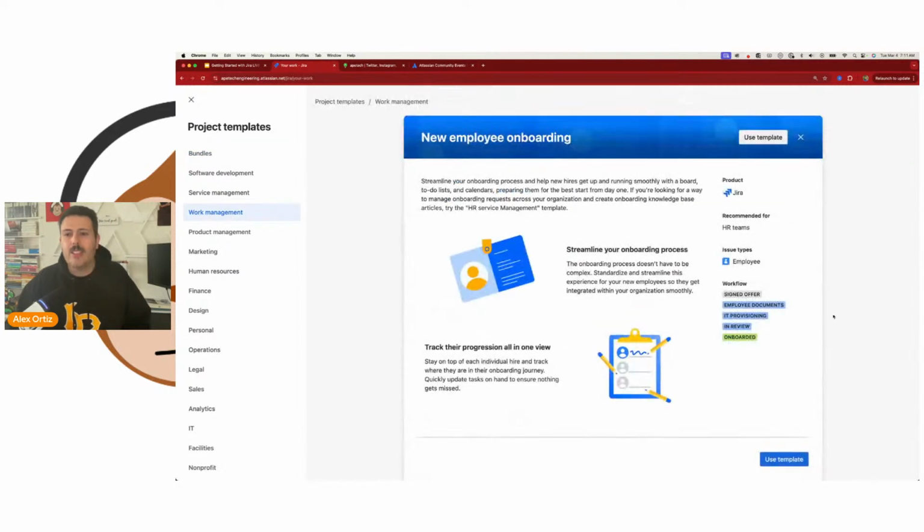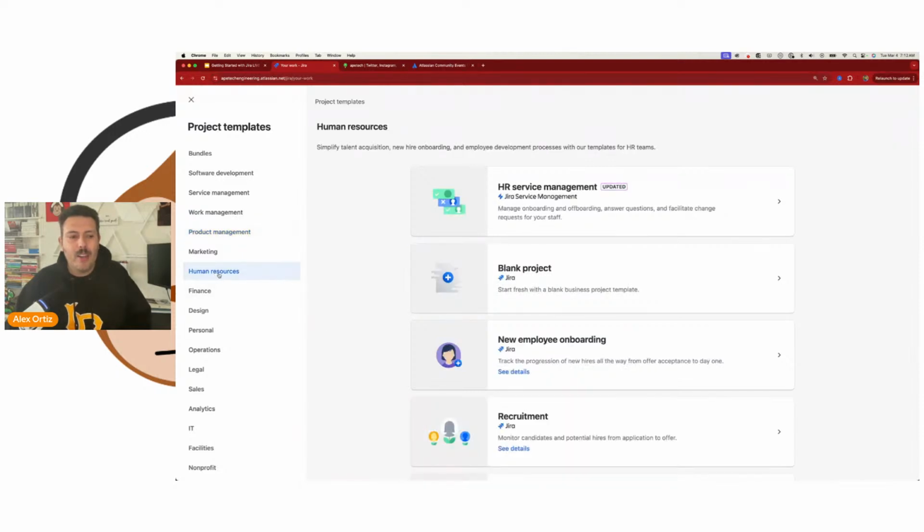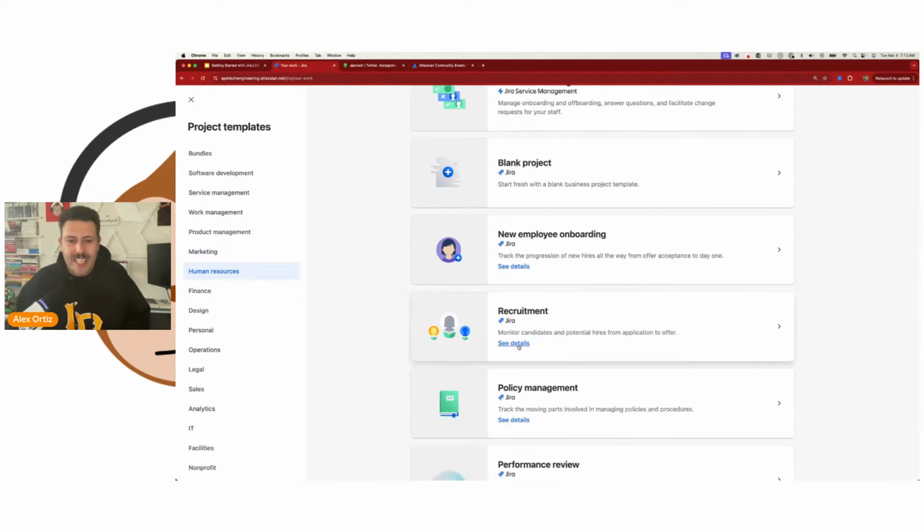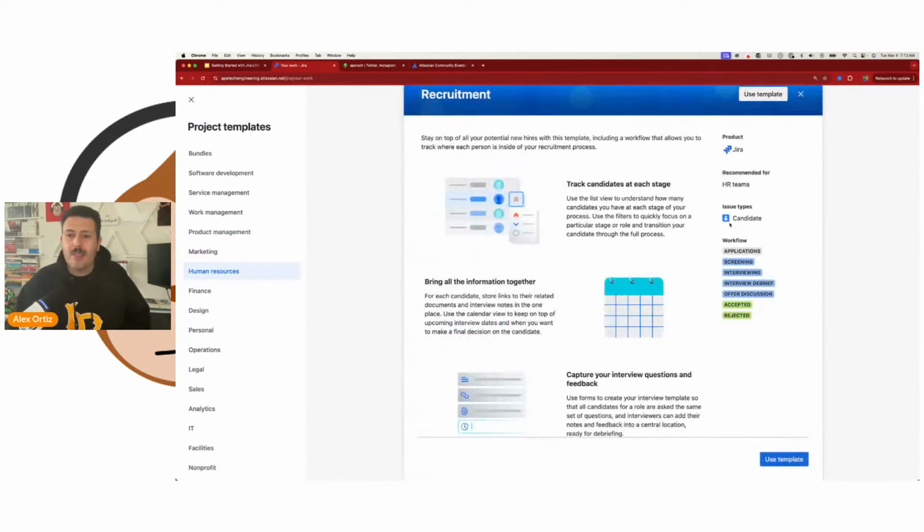Here we go. Click on see details. There we go. See, depending on the project template that you pick, you're gonna have different work types. And it really does depend on what specific template you're starting out with, because